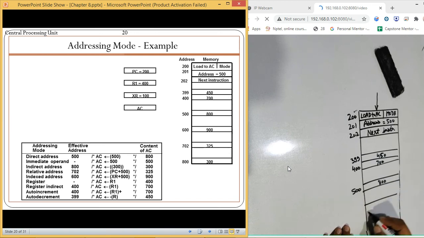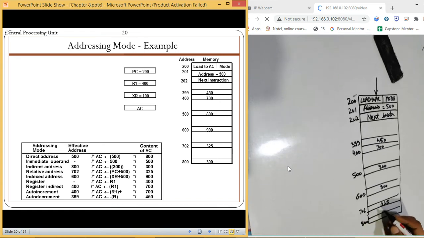At the location 600 the content is 900. Then at the location 702 it is 325, and at the location of 800 the content is 300. Okay, so this is the example.